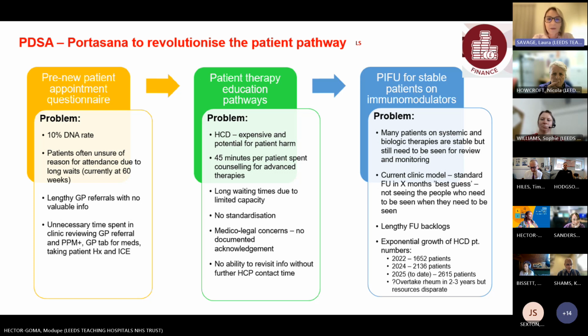Kaveh has already touched on the patient therapy education pathways, and again, we'd like to use this through Portasana. Again, as we've said, there are high-cost drugs that are very expensive, and there is a potential for patient harm if the patients are not adequately educated, as well as waste. We're currently spending 45 minutes per patient counselling these patients for advanced therapies, and therefore there are long waiting times